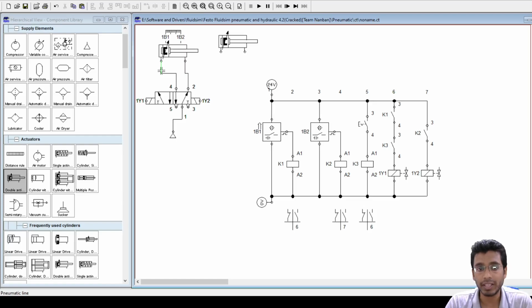However, your time delay valve that was placed to give a delay in your pneumatic signal, that can be placed here using a time delay relay. Fine. But for the speed of the cylinder and all those things, you will still require your one-way flow control valve here. Flow control of the speed. Yeah, that would be required.